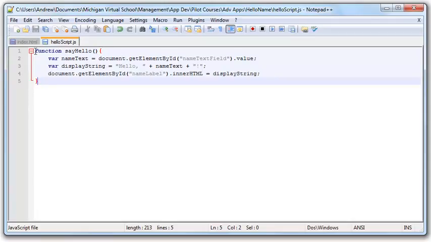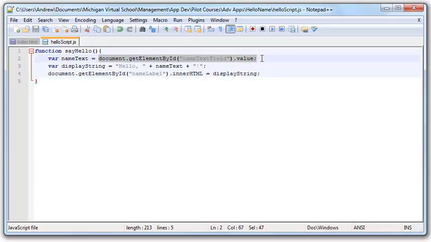So here you can see we've defined the function by saying function, say hello, open close parentheses, and then we have these curly brackets where we put all the function steps, everything that's happening, right? At the start, we're defining a new variable with this var command here. And the nice thing about JavaScript is if it's numerical or if it's text, you define it all the same. You can define it just as a var, a variable. In this instance, we're creating this variable called name text, and we're setting it equal to